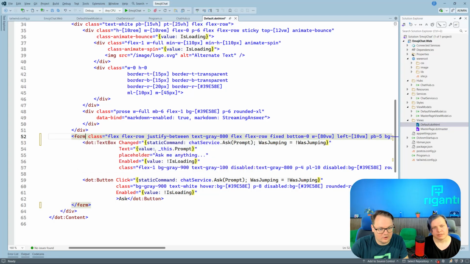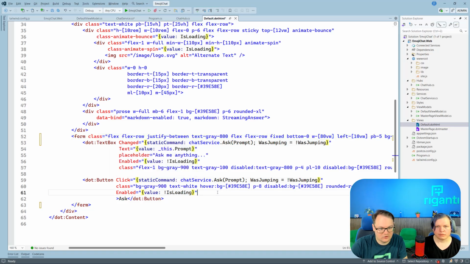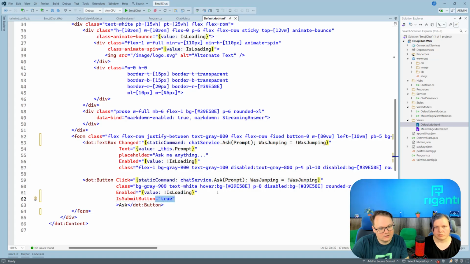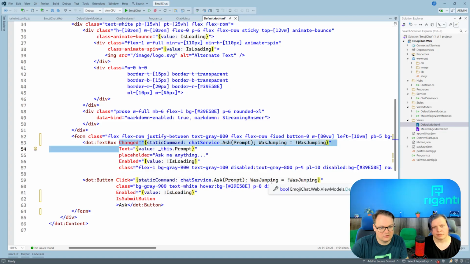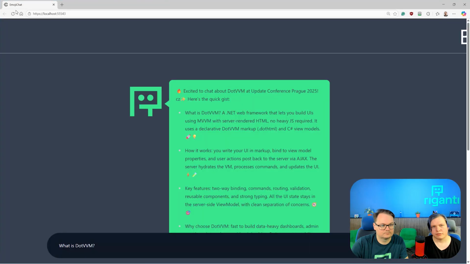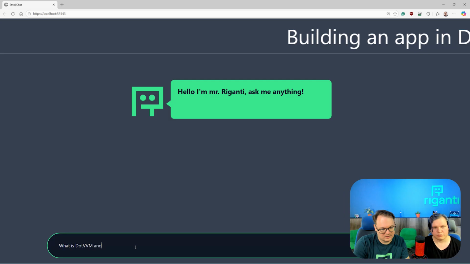And once you are in the form and you press enter in any component, it should search for the closest submit button and click on it automatically. So if you use IsSubmitButton equals true, or in .vvm you can omit that, so it's just IsSubmitButton like that. Then we don't need this changed handler at all because it's exactly the same as this. And I think that if I save the page and we can reload, so once I do anything and